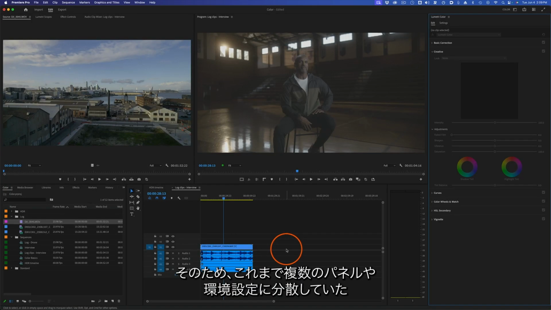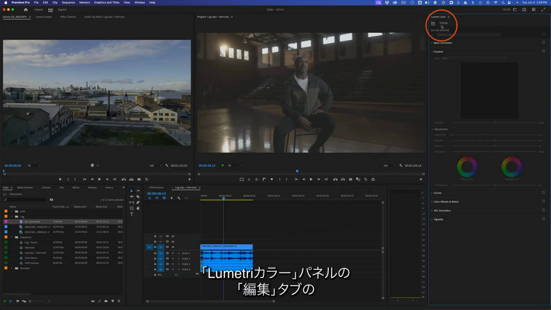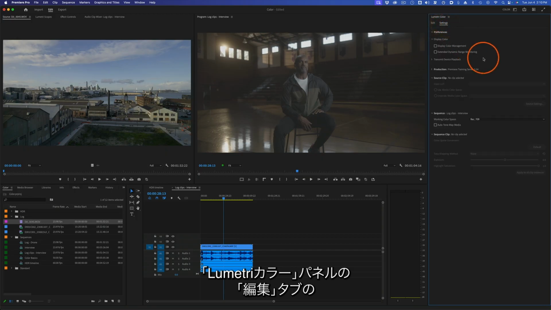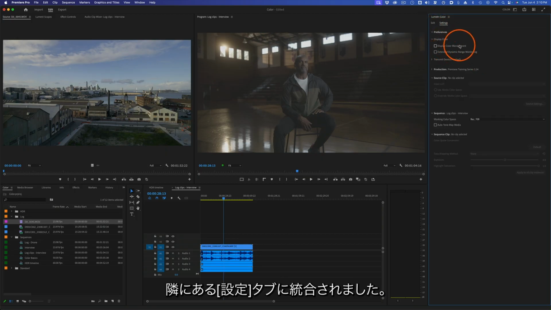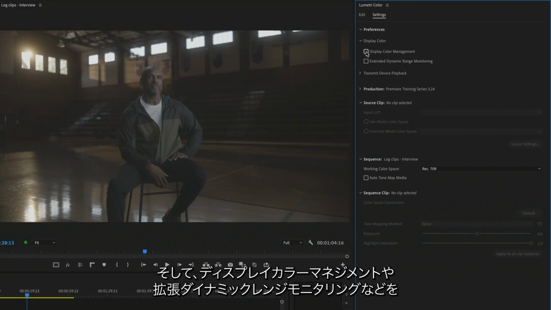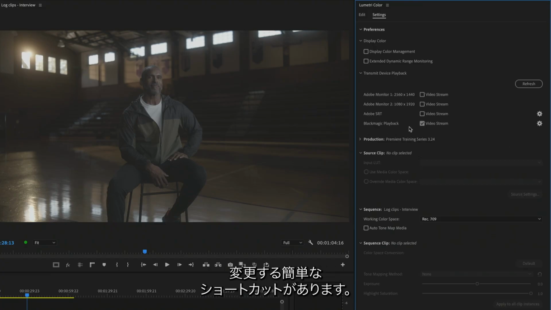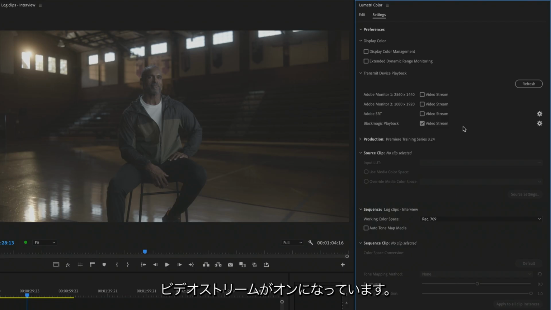So the color settings in Premiere Pro, which were previously scattered across several panels and preferences, have now been consolidated in the Settings tab next to the Edit tab in the Lumetri Color panel. Starting at the top here, we have our main preferences, and we can enable things like display color management and extended dynamic range monitoring. And then below that, there's a quick shortcut to change the transmit option